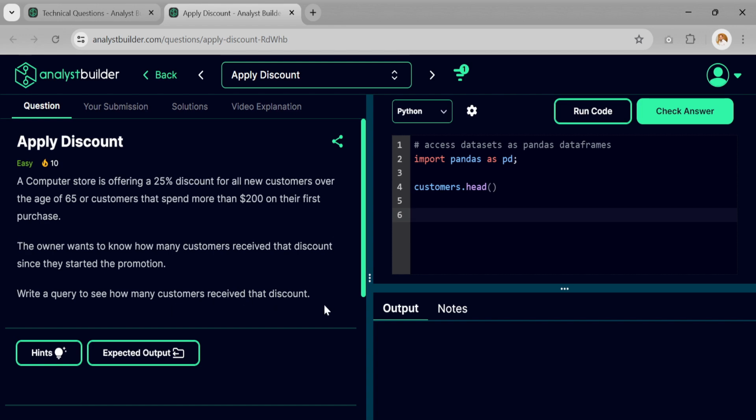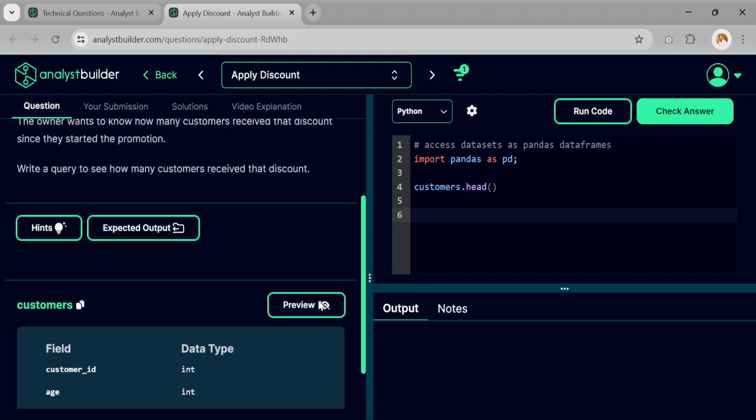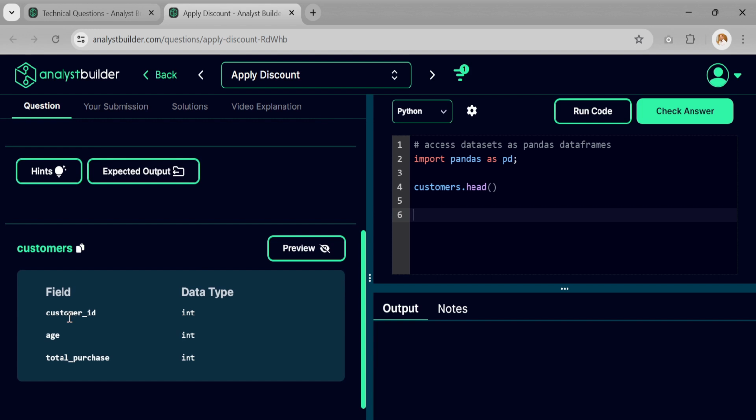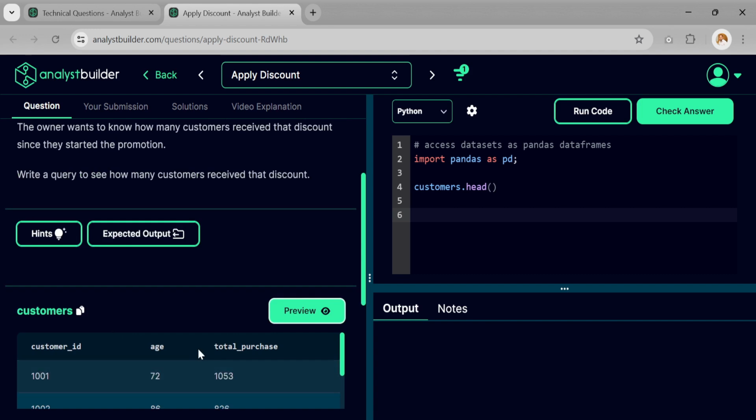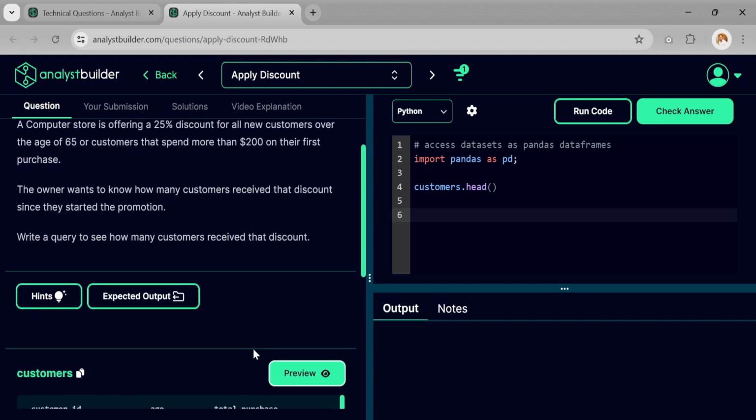Let's see what information we are given. Here we have a table or data frame, customers, and we have three fields or columns: customer ID, age, and total purchase. Let's preview the table. So customer ID, age, and total purchase. The condition that we are given here is,